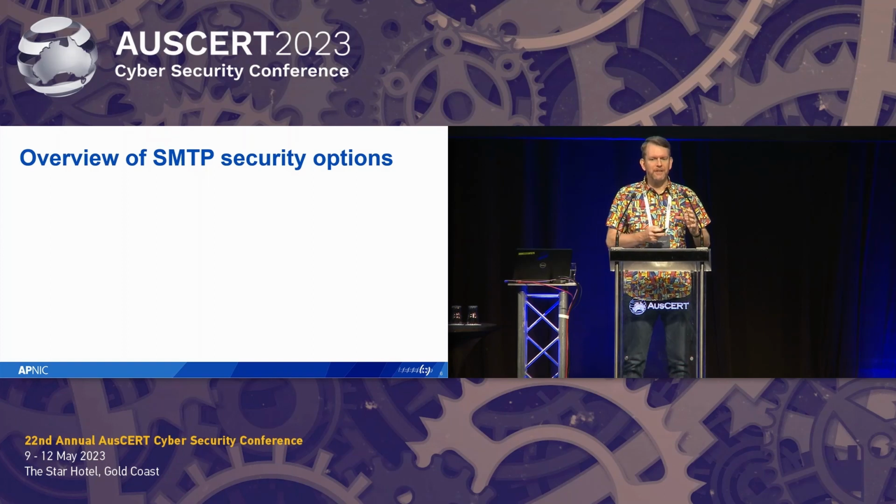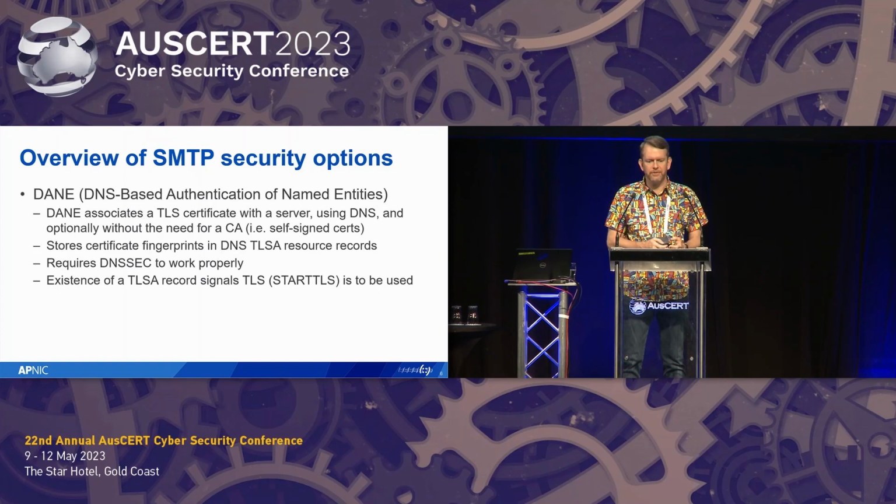So let's have a look at some of the different security options that we have for SMTP servers. So the big one here, DANE. DANE stands for DNS-based authentication of named entities. DANE associates TLS certificates with the server, and it does this using DNS records. This allows you to optionally have SSL certificates or TLS certificates that are not signed by a trusted root CA. This basically allows you to have self-signed certificates, not having to worry about Let's Encrypt or all the others and rotations and things like that, especially on some mail servers that may not have web access to do some of these rollovers. So yeah, DANE allows you to do self-signed certificates and just carry on with that